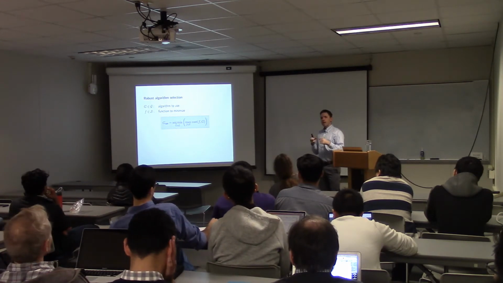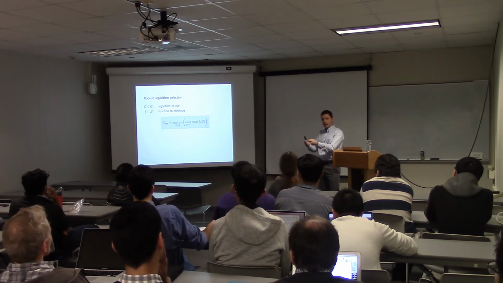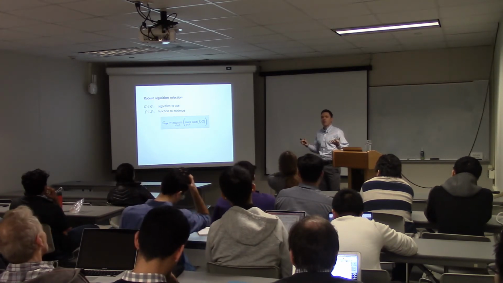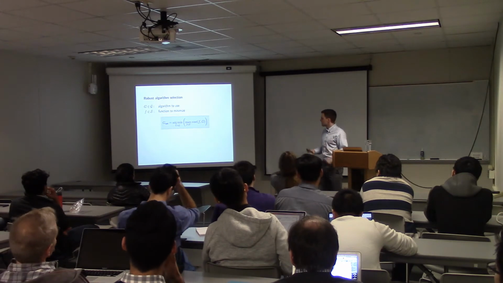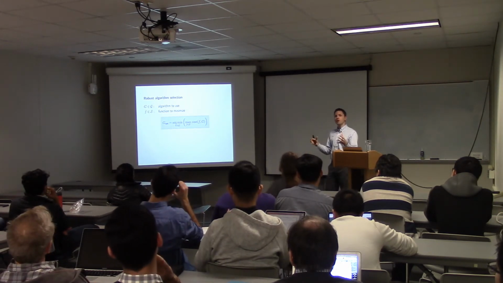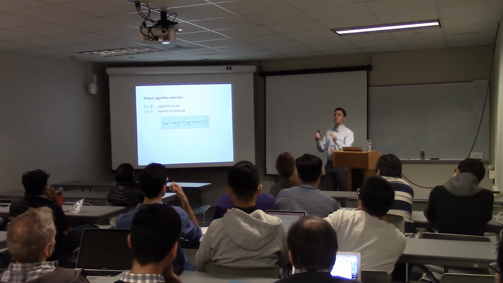But then we're going to be applying it to some function, right? When we actually use the algorithm, we're using it on some function. And we're going to assume we know something about the function we're going to be using it on. Here, I'm calling S the set of all the functions that our algorithm might be applied to.